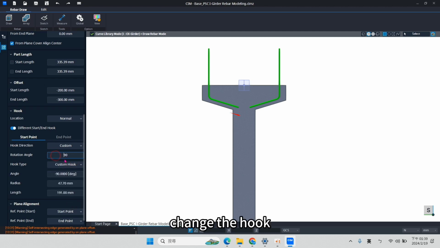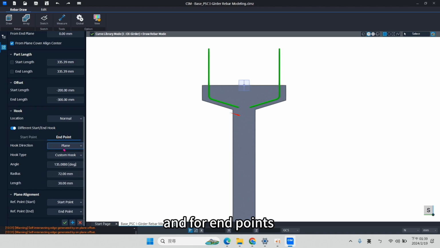We can click on the custom hook with a minus 90 degree with the angle of 180. Okay, and the radius and length, the length will be for the end hook, end point.